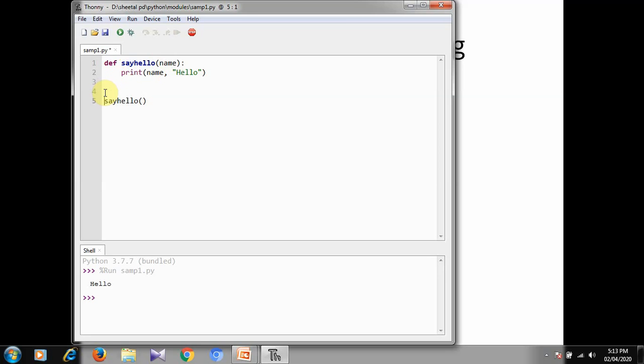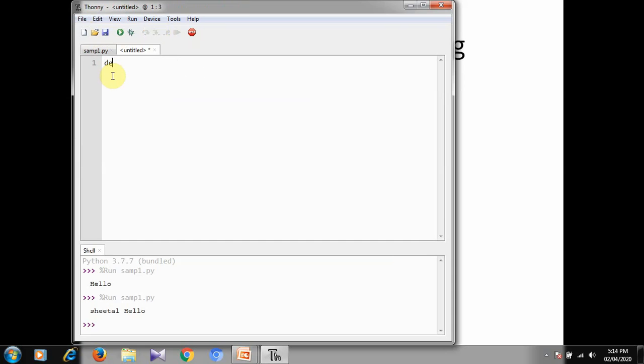I will store some string into a str variable and pass that str variable to our say_hello function. Output is Sheetal hello.